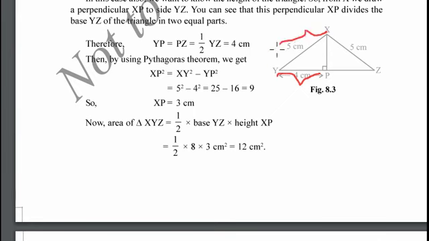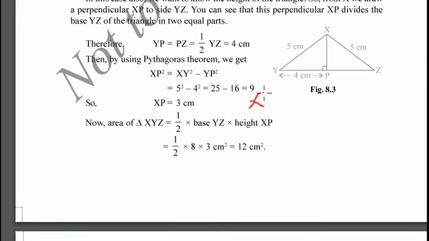Length of XY is equal to 5 cm. We need to calculate the length of XP. Once we get this perpendicular height length, we can calculate the area of the triangle. Using Pythagoras theorem, we will apply it for this triangle. We can also apply Pythagoras theorem for the other triangle, since both will be the same. In this example, we will consider this part. We can apply the Pythagoras theorem for this right angled triangle,